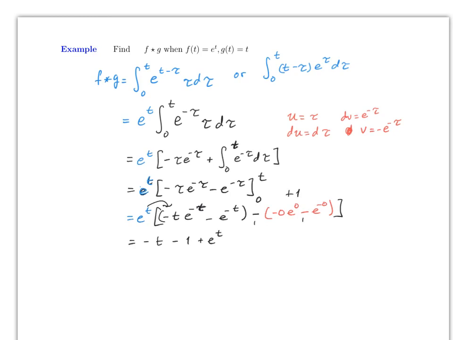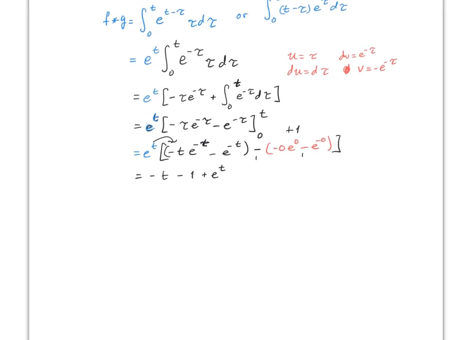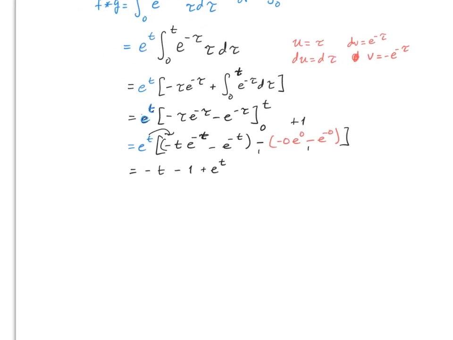Now here the question is just asking you to find the convolution. So that is the convolution, and you're technically done. However, from here, what will be the Laplace transform of f convolution with g? So therefore this is the same thing as the Laplace transform of minus t minus 1 plus e to the t,